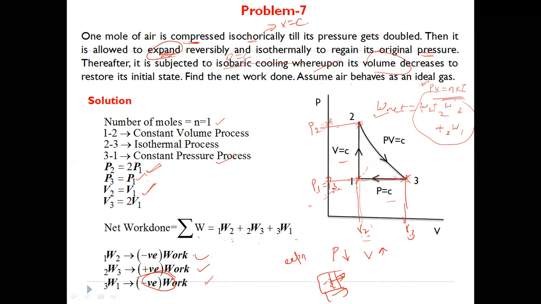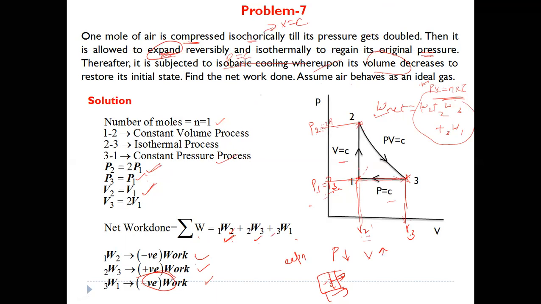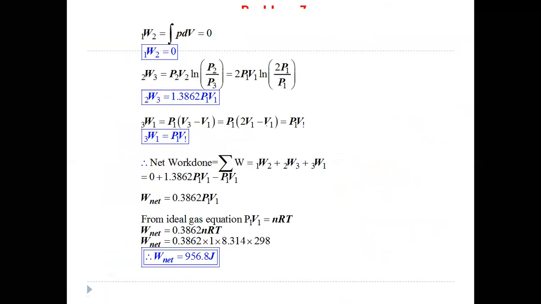Okay, so we have written the work done as positive and negative works, and let us start finding out these work done separately. So first I will take this one, W1 to 2. So W1 to 2 is a constant volume process, right? The work done for a constant volume process is 0, because since the volume is constant, there is no change in volume. dV is 0. So if we substitute dV equal to 0 here, work done becomes 0. So work done for the 1 to 2 process is 0.